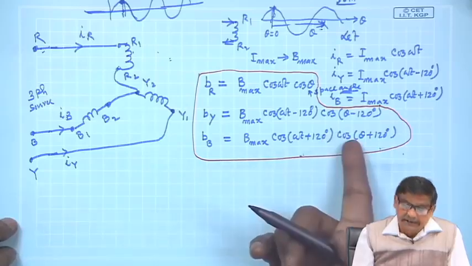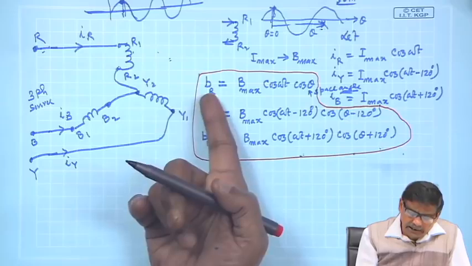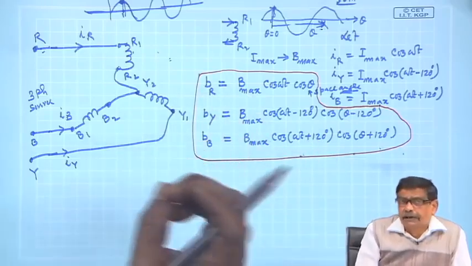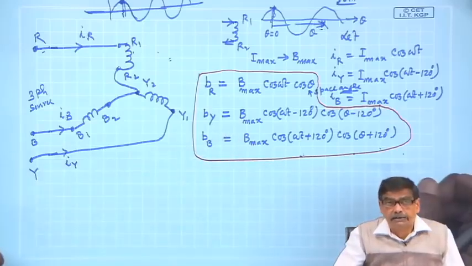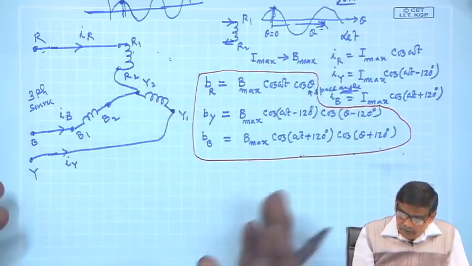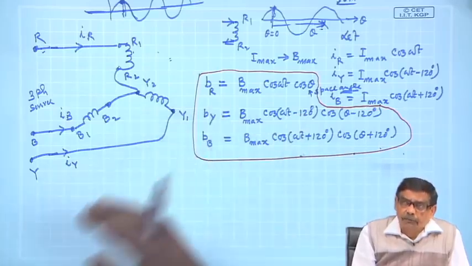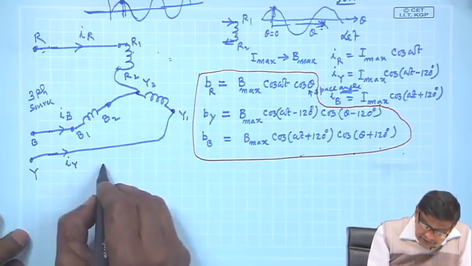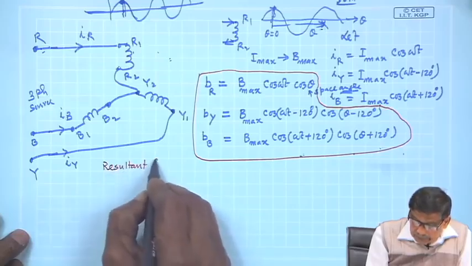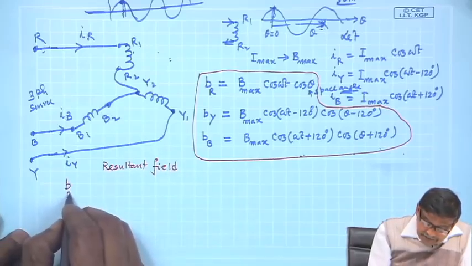Therefore, at a given theta and at a given time, you can individually calculate B_r, B_y, B_b and add them up and tell, okay, at this theta and at this omega t, the B value at that point will be this much, but no point in doing that. Let us try to calculate for any given theta and omega t, what will be the resultant field? Resultant field will be B resultant